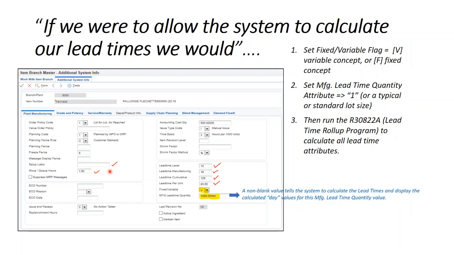If we were to allow the system to calculate our lead times, we would set the fixed variable flag to either a fixed F or V variable. In this example, we're setting it to a V to use variable concept. When having the system calculate all our lead time attributes, we want to assure the manufacturing lead time quantity is of a non-blank value. A non-blank value tells the system to calculate the lead times and then display those lead